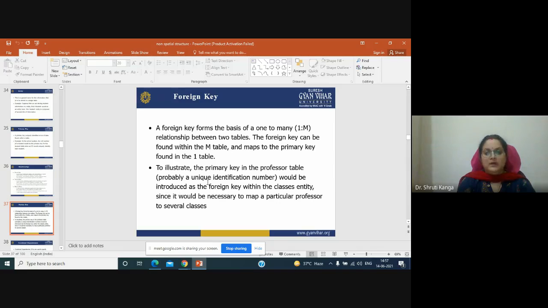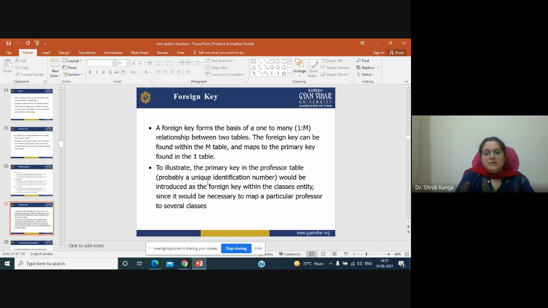between two tables. The foreign key can be found within table M and maps to the primary key found in table 1.